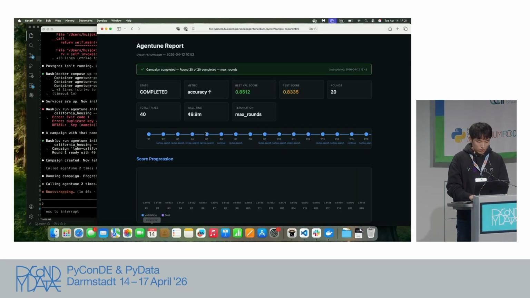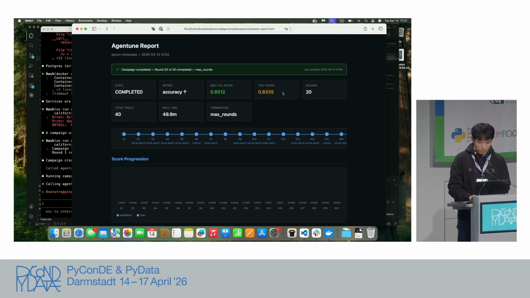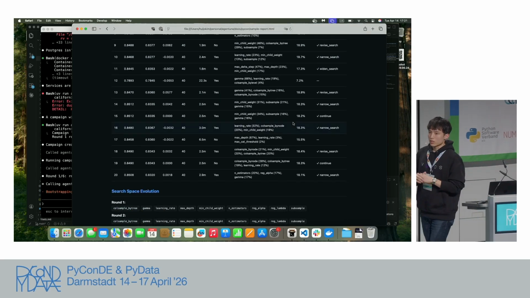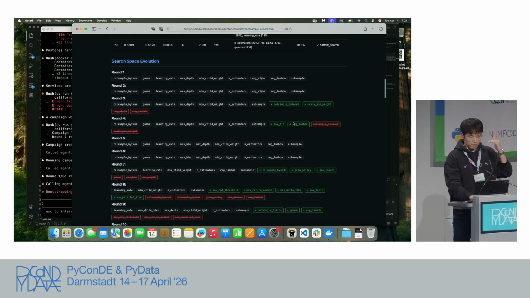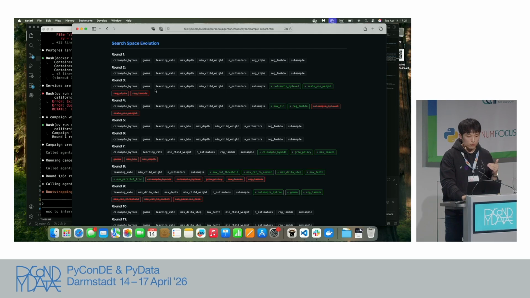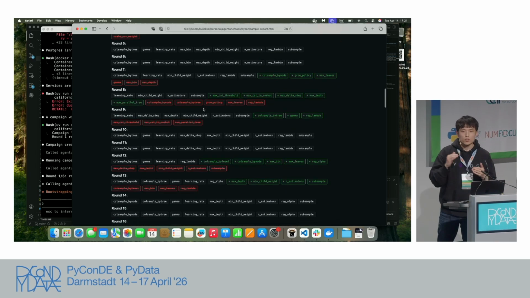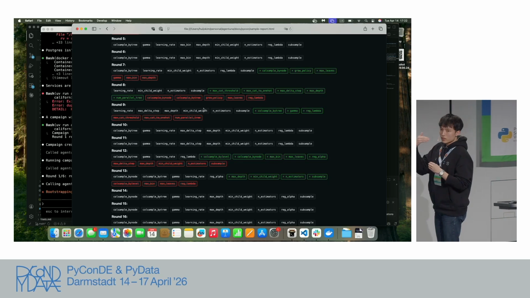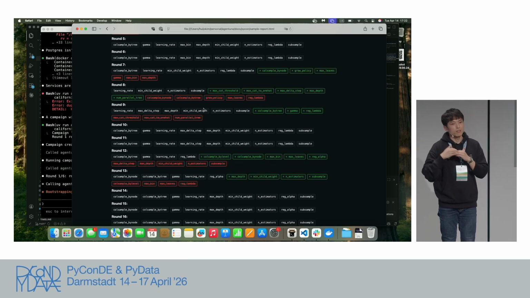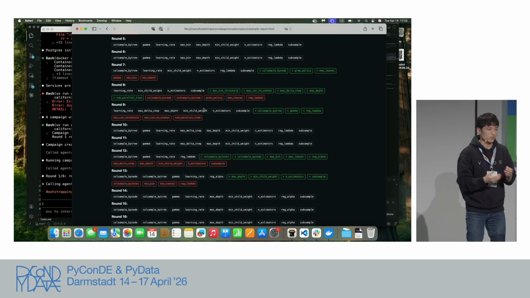And this is one bigger sample I already prepared last night. So I made like 20 sample cases. So each of the 20 rounds, it makes a decision: okay, keep going, keep going. I think we have to really reduce these two parameters and add these two. It's going to make this decision in the middle of the work. It does nothing, but it requires a skill based on your guidance. So